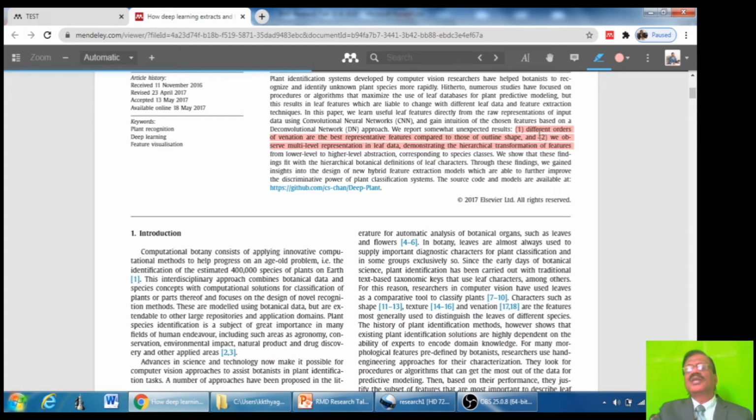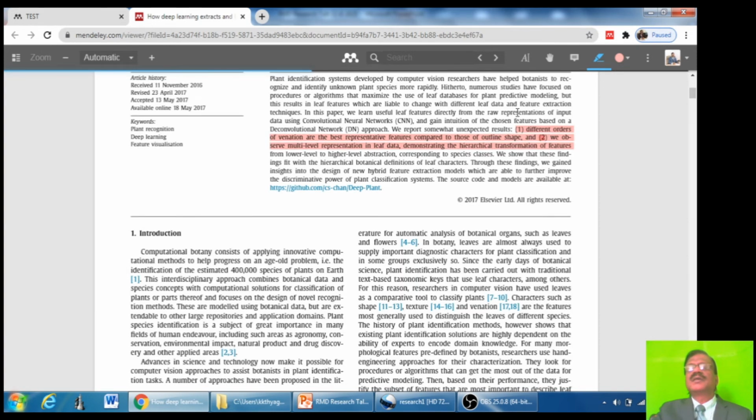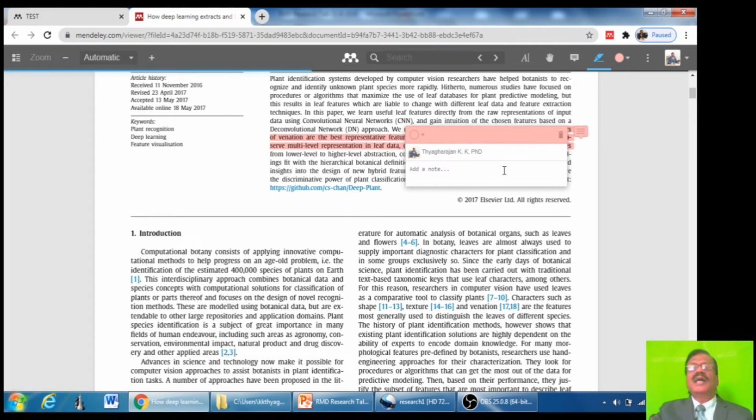That you click on the highlighted text, double click, and an icon like this will appear. Create sticky notes. Create this, click on that, and a window will appear like this.